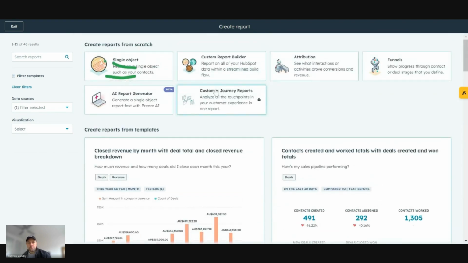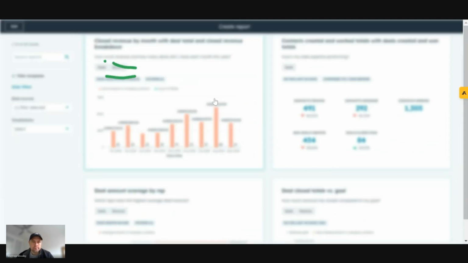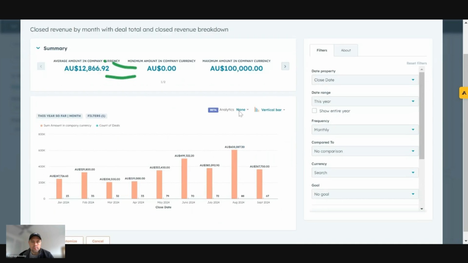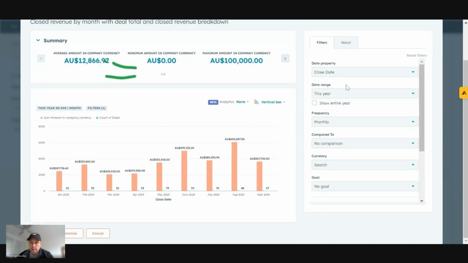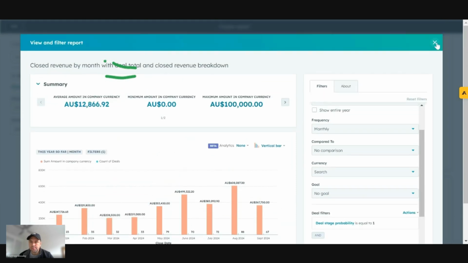Once we find one, we can click on it. We can edit, manage and change it how we want, or we can simply save it or customize further. I'll go into how to actually customize these reports in a second.